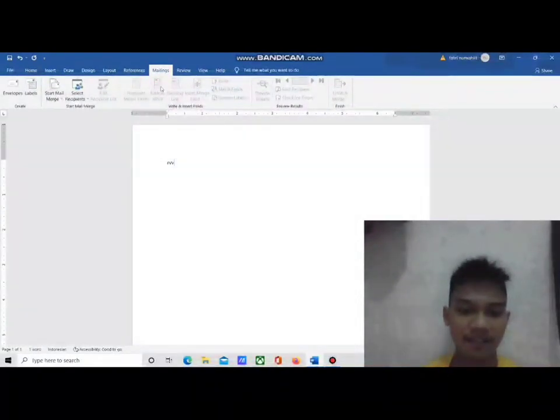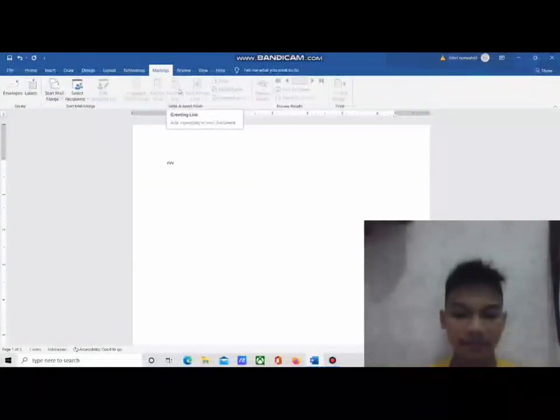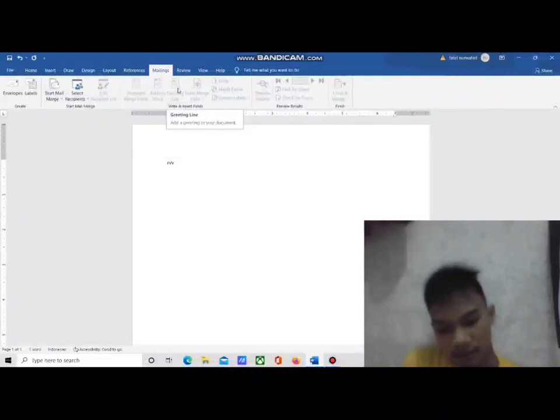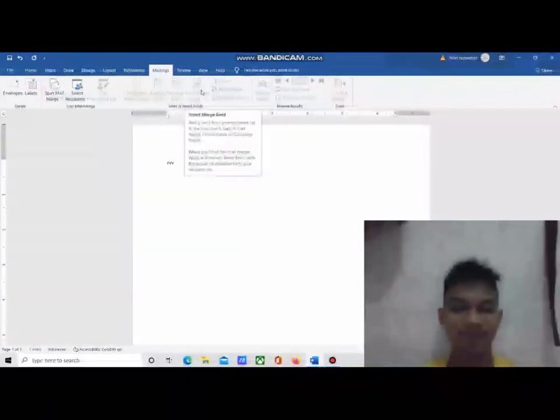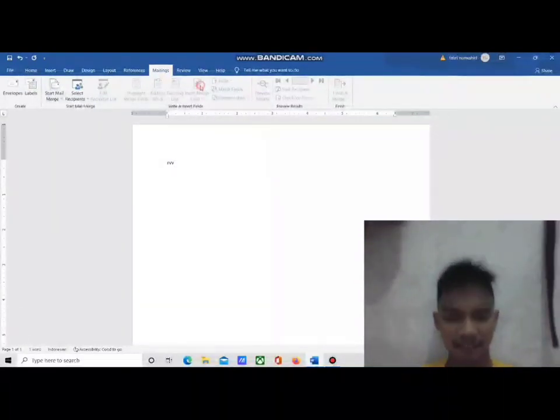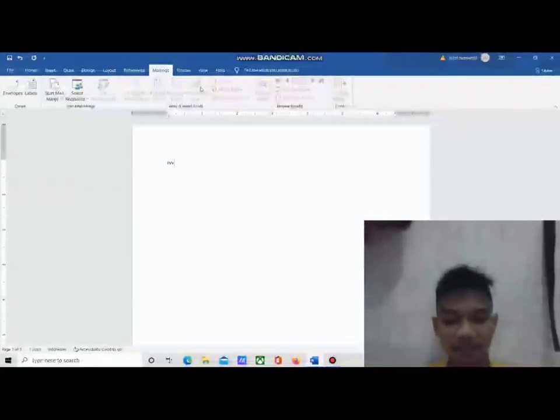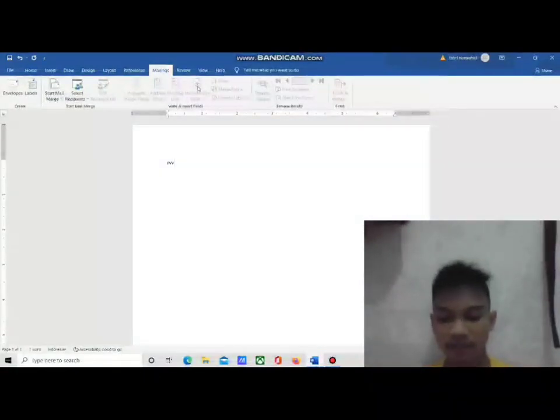Address Block: enter the destination address in the letter that we make. Greeting Line: adding the name of the recipient of the letter. Insert Merge Field: enter additional information about the recipient of the letter.